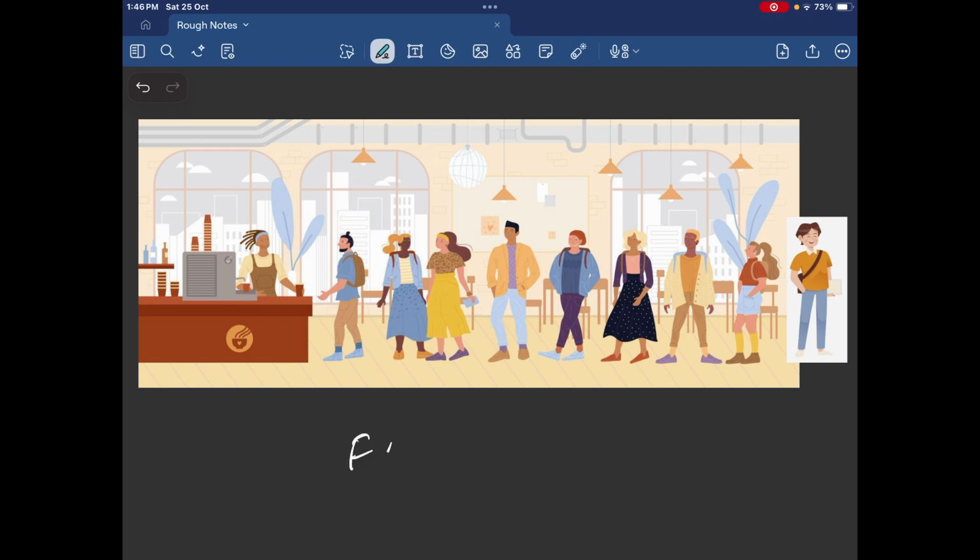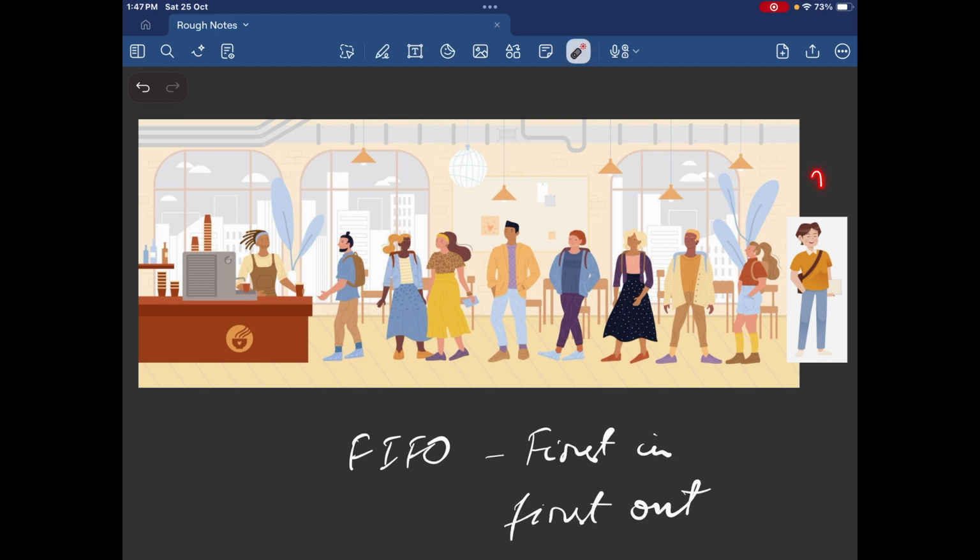This is called FIFO, first in, first out. You can add to the end, also called NQ, and remove from the front, also called DQ. Queues are excellent for serving processes strictly by their arrival order. That is, the one who comes first will be the one to be served or processed first, like ticket counters